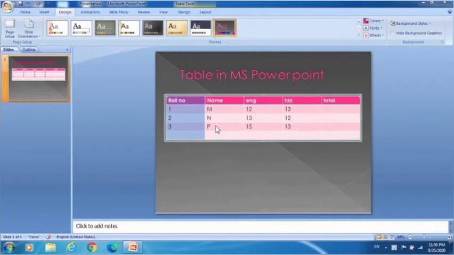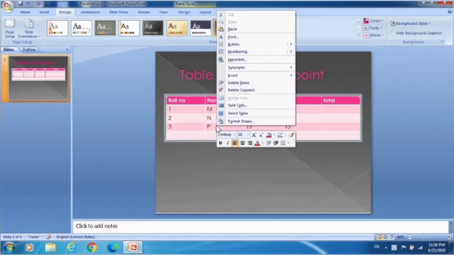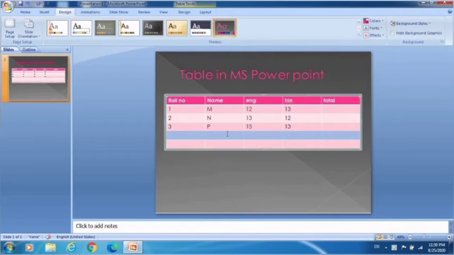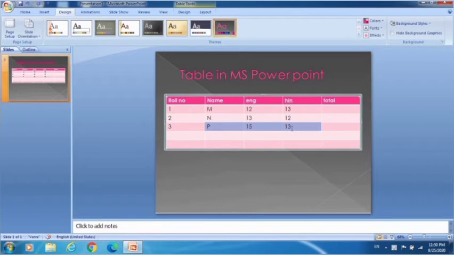In this table, I forgot to enter the data of a student named O. So firstly, I will click on the P option, right click over there, go to the insert option and insert rows below. So I can see one row is here. So I will copy the data of P by selecting it, Ctrl C, and paste it in my new cell and delete the data of P from the third row.